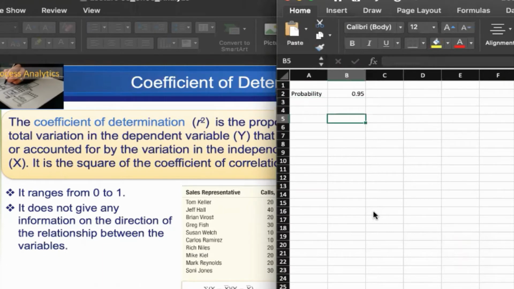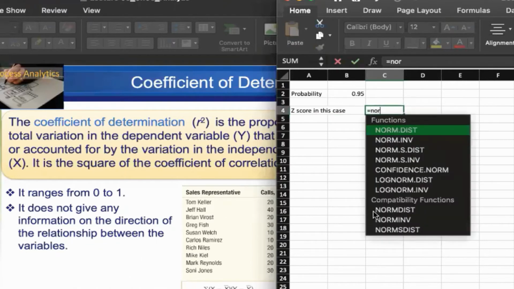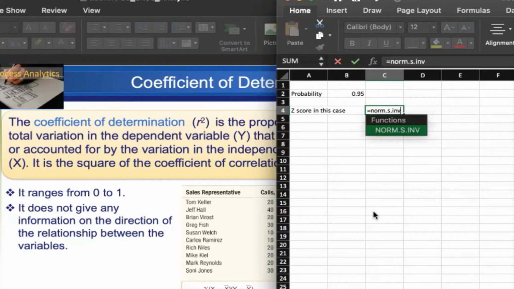So then your z score in this case is NORM.S.INV. Okay, so that's 1.64, right? However, in this case,